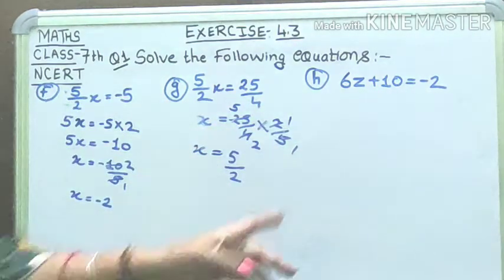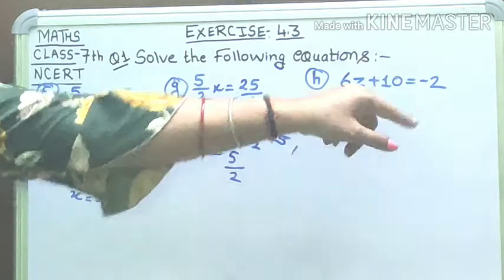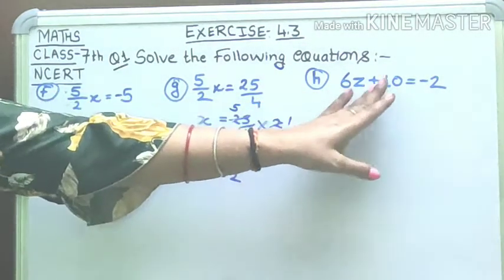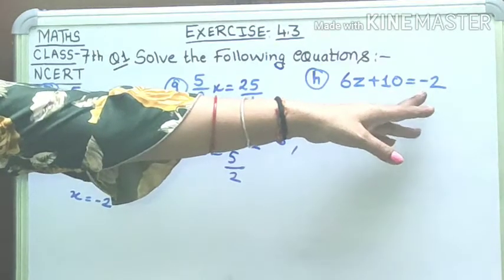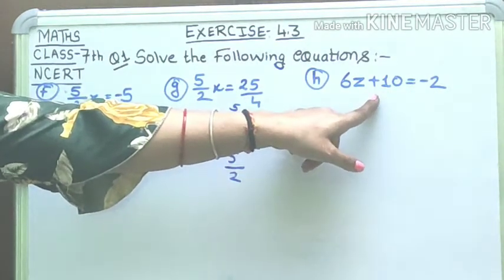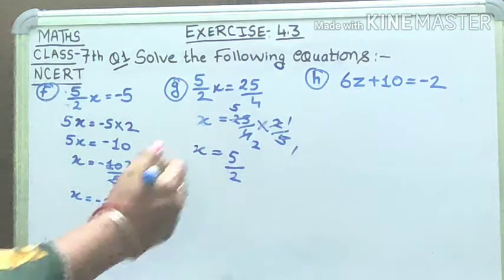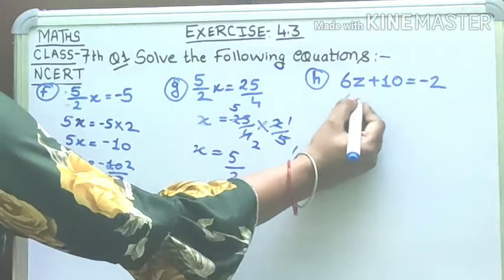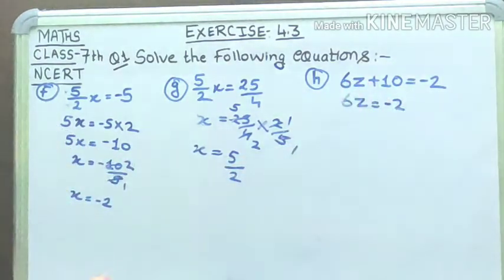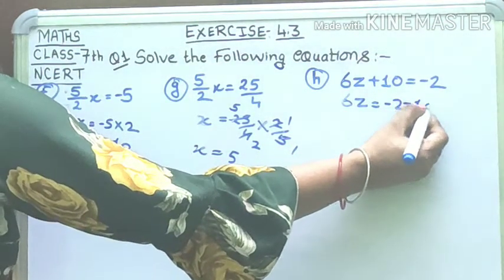So first of all, we will remove this plus 10. So to remove this 10, what we will do? We will transfer this term in that side. So when this term will be transferred, it is given plus 10. When this term will be transferred in the LHS side, what will happen? It will become minus 10 because here plus 10 is given. So when this term will be transferred, it will be minus 10. So 6z equal to minus 2 is given and this term we have to remove plus 10. So it will be transferred and it will be minus 10.